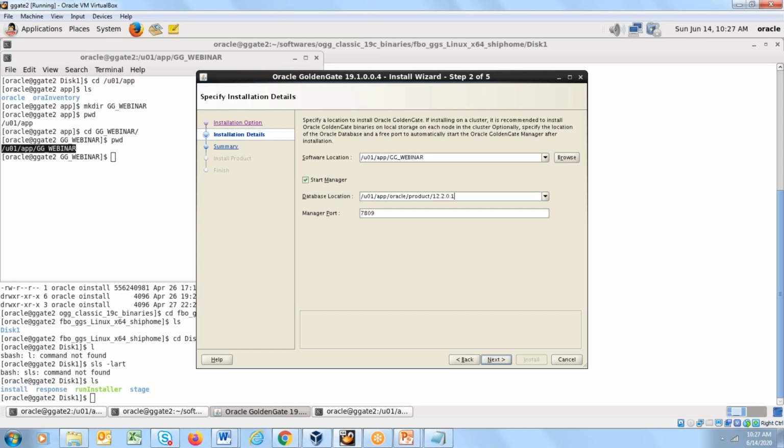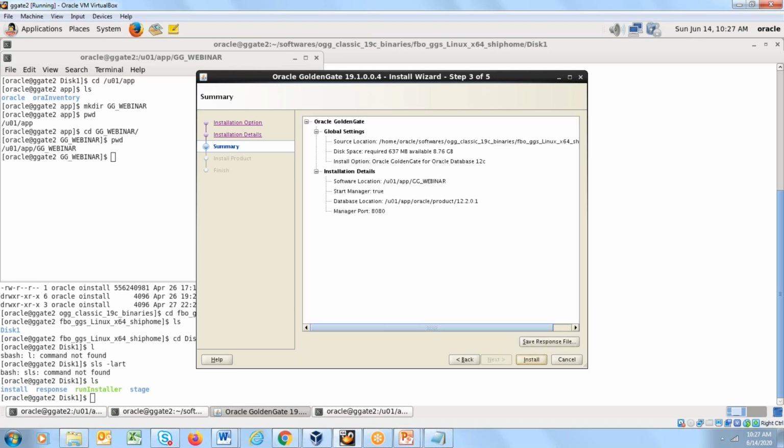The database home I'm providing here is u01 app Oracle product. The reason you need to provide the database home is because it looks for database libraries. And then the manager needs a port to run on. You can provide any port. 7809 is the default port. I'm going to use 8080. Remember, when you're installing Golden Gate, always ensure that this port is open. Once you have done that, click on next.